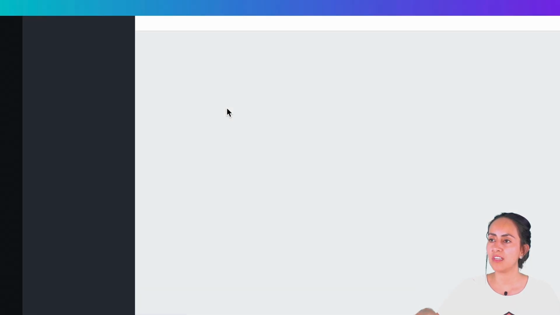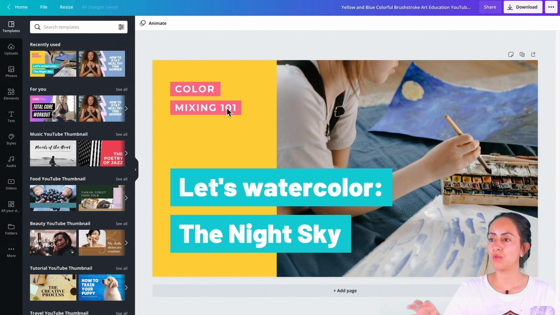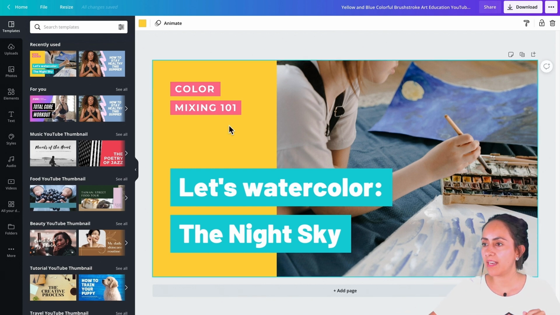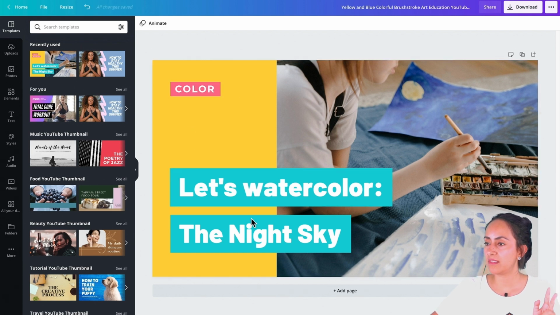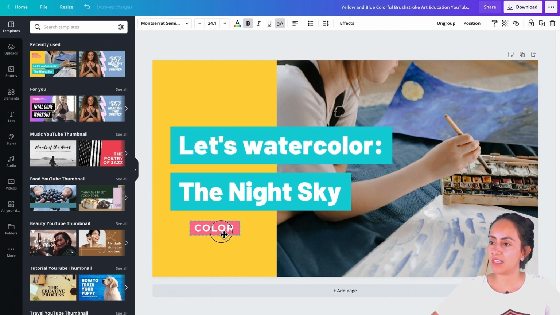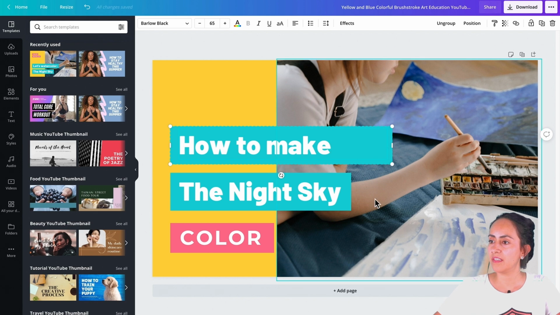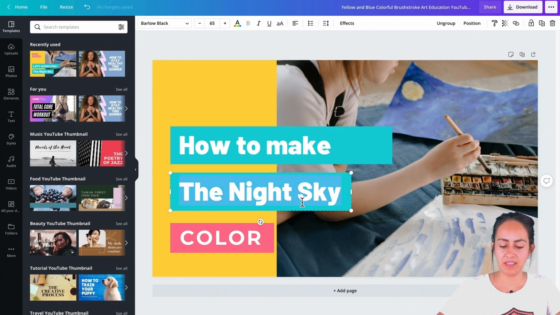I'm just going to click on it and Canva is going to open the editor and then I'll be able to start customizing this design so it looks more like my style. I'm going to delete some elements that I think I'm not going to be using. I think I'm just going to use 3 text boxes. So basically this one and this one I'm going to take it below right here. I'm going to make it bigger, just slightly bigger. And here I'm going to change the text for how to make. And then the second line, YouTube